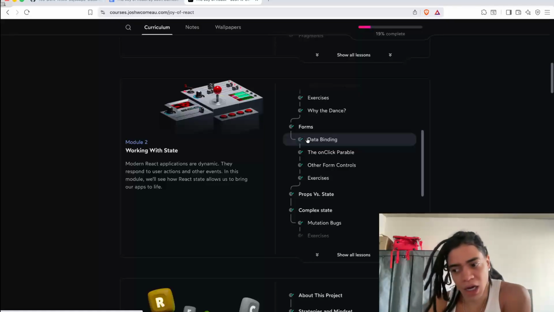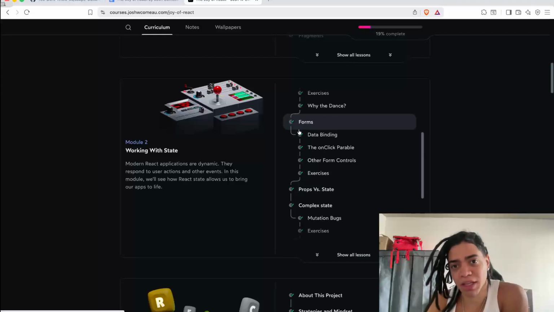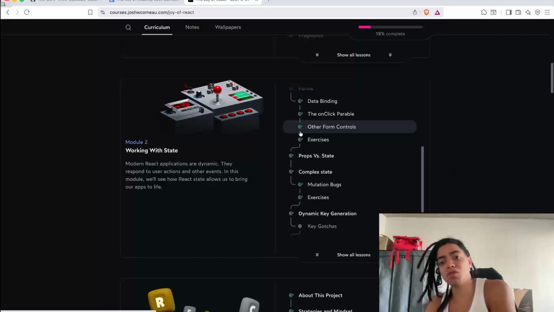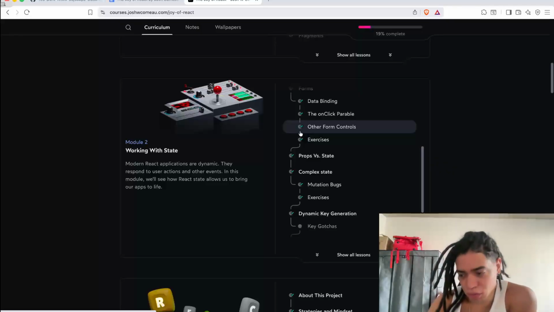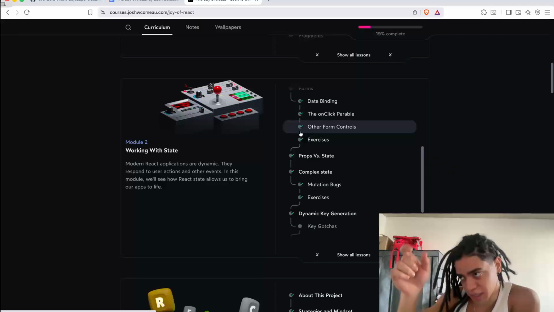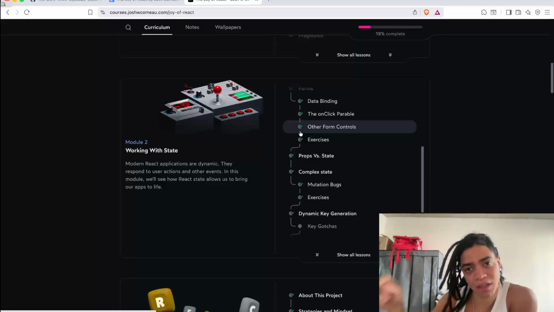So, for example, how you handle objects like arrays or objects or even functions, but in our case just objects and arrays, and how to create a new state in order to avoid mutation bugs. So also we look at how we can dynamically generate a key for those elements